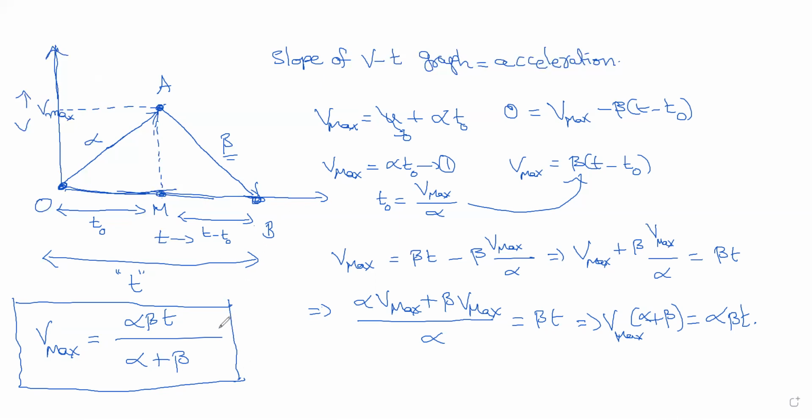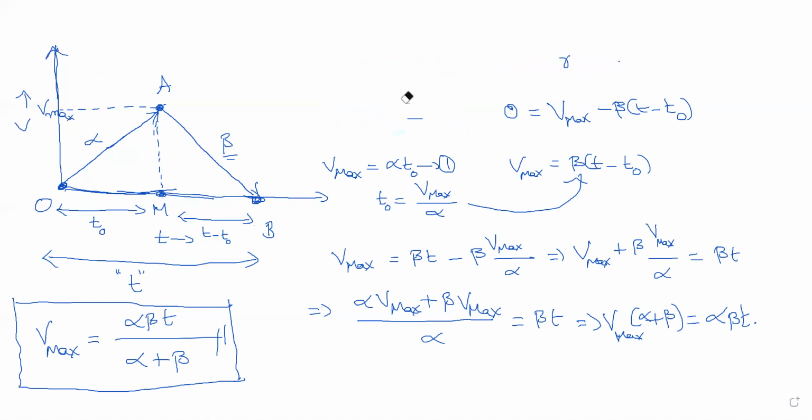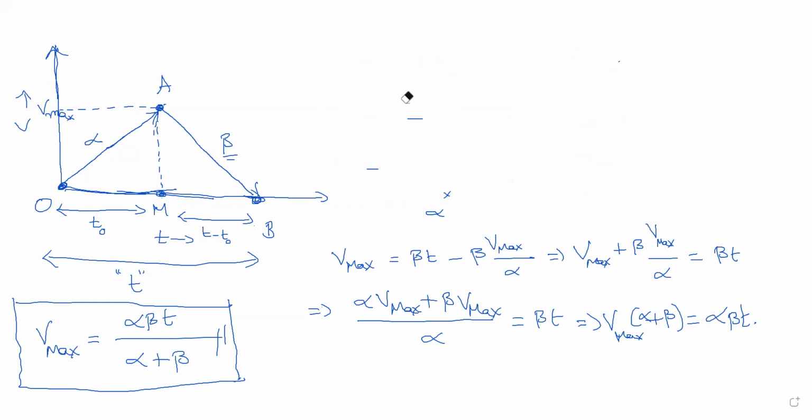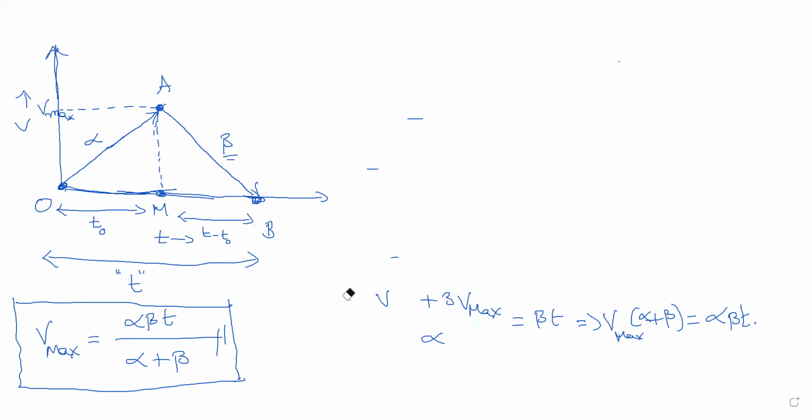So we got Vmax. Let us put it aside. Then I had to find S. To find S, we have two relations in hand. S is the total displacement from the point O to the point B. The total displacement I had to find, that is this straight line distance. It took a time of t. We had to find it.